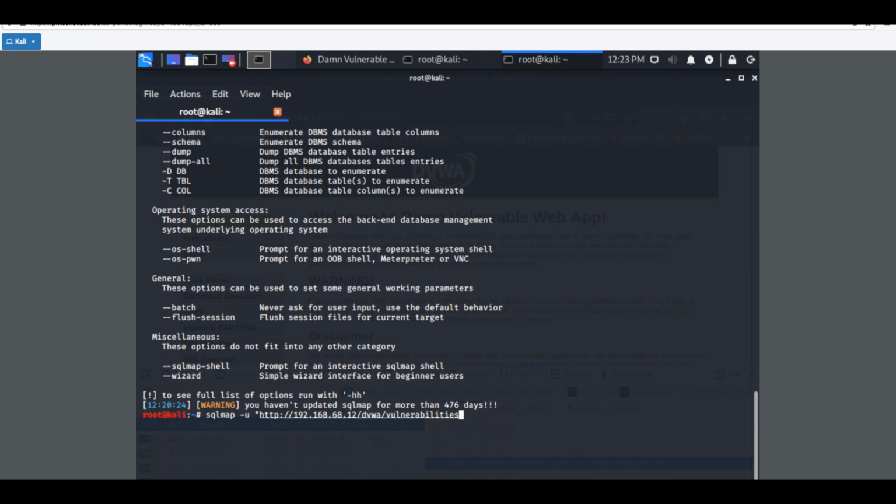Let me make sure vulnerabilities is spelled correctly. Vulnerabilities, right? Okay. SQL I bind, question mark, ID